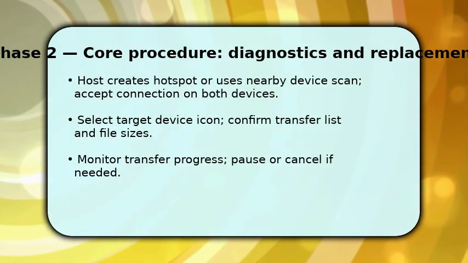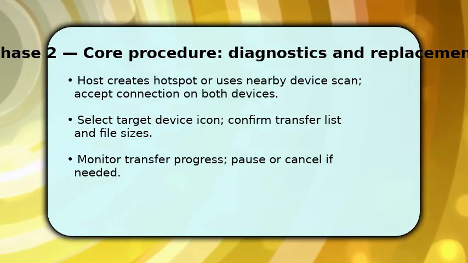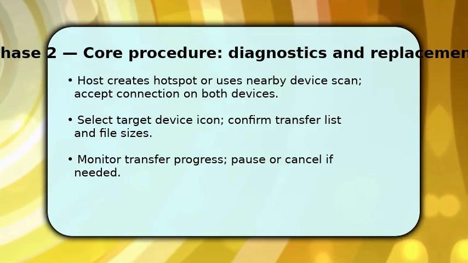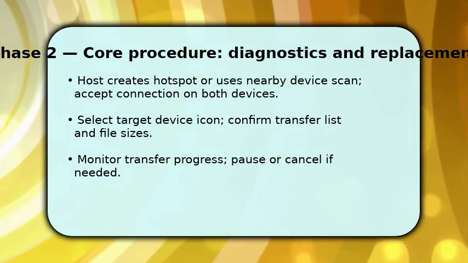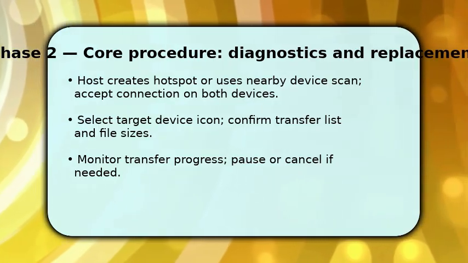Now you connect and execute the transfer. The sender creates a hotspot or uses the nearby scan, and the receiver accepts the incoming connection. This pairing is crucial for speed. Once the devices link, tap the target device icon and confirm the transfer list and total size so you know